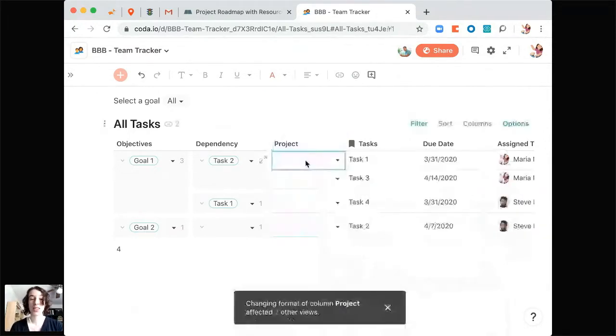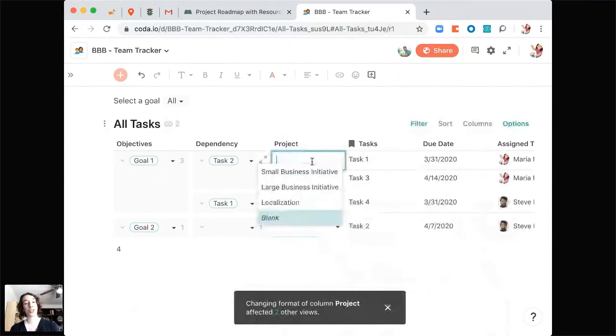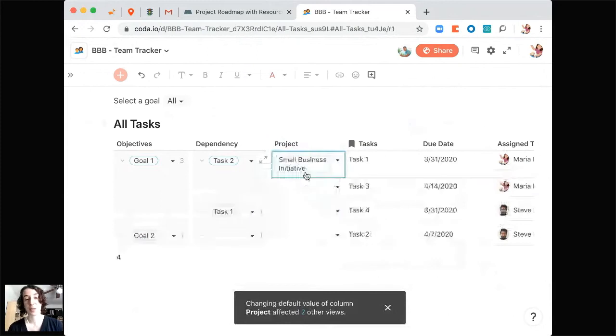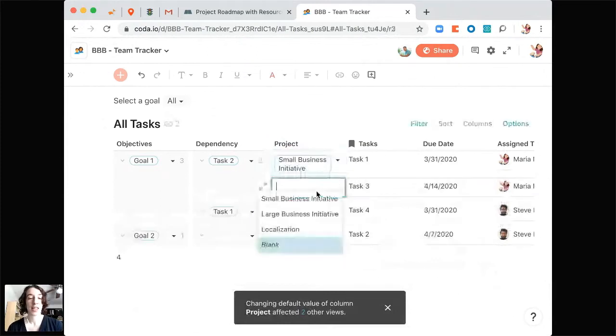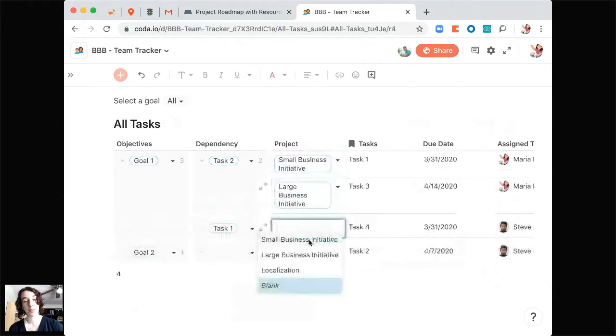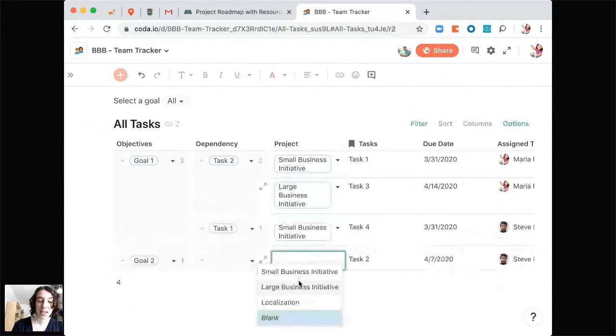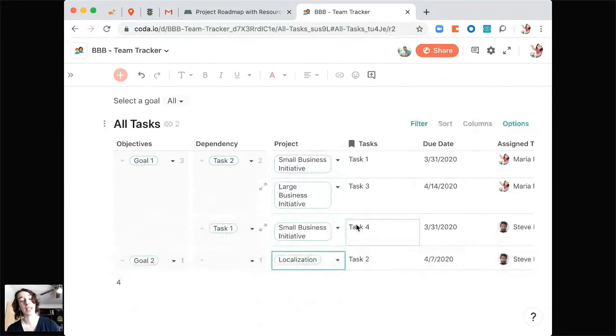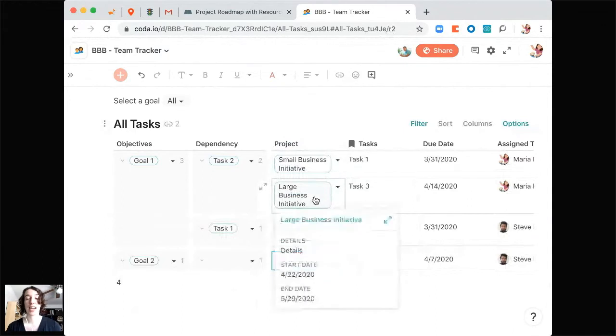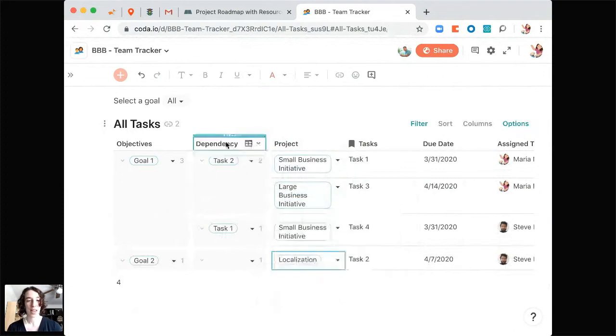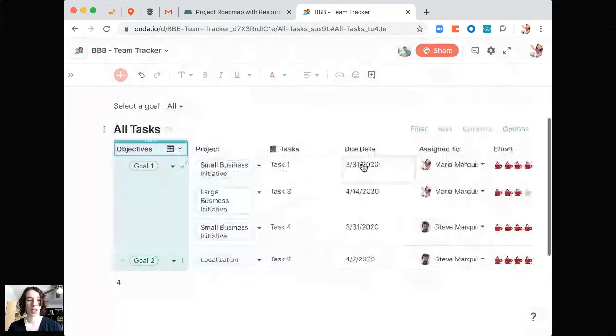So now what I can do is I can see this drop-down menu and it shows me all of the items from that table. So we could say, all right, this is part of the small business initiative. This is part of large business. This is small. This is localization. So now what we can do is we can hover over any of these and see all of the project details about it. So it's a way for us to have that nice connection. I'm just going to remove this dependency column for now,